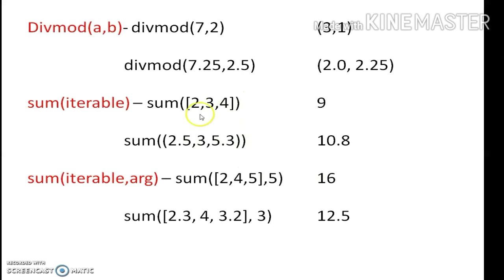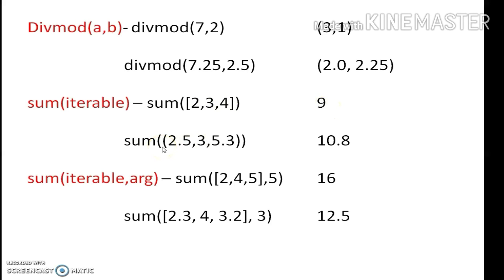That's why these iterable elements we will take from the start, in increasing or ascending order. So, sum of iterable: see the example, the sum of this list 2, 3, 4 is given. So it will add all these numbers starting from 2. So 2 plus 3 is 5, 5 plus 4 is 9. So the answer is 9.